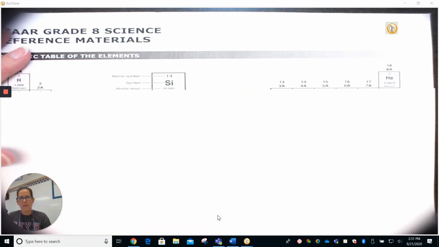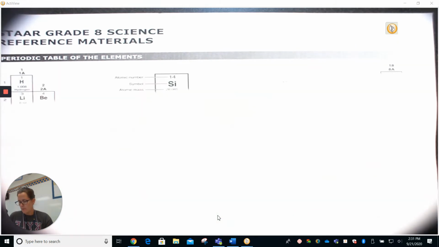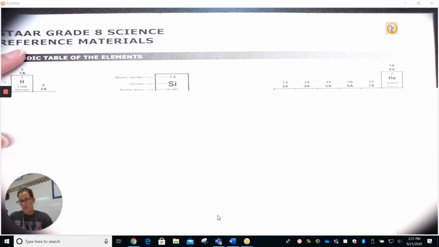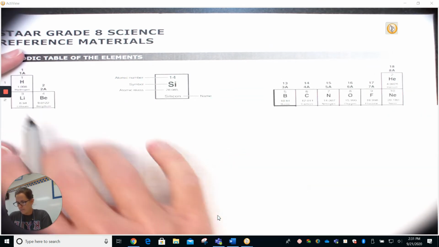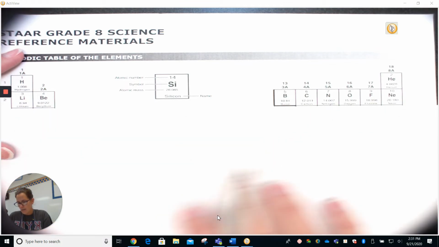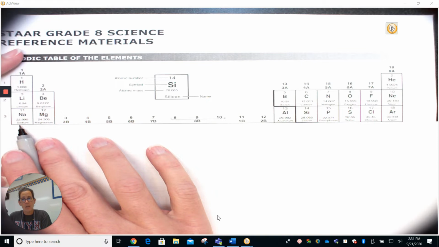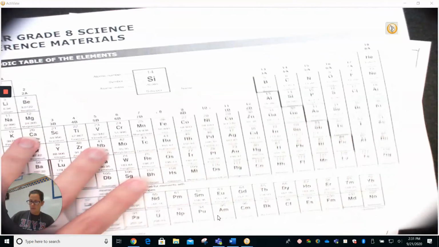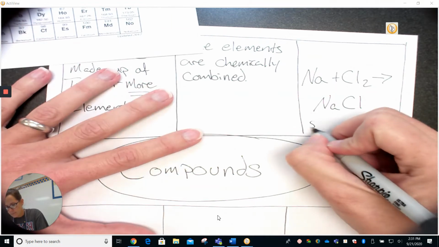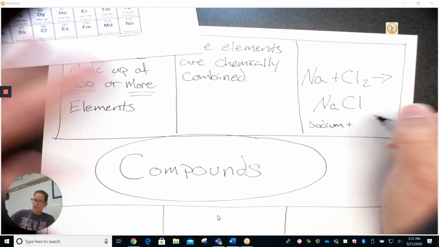You remember yesterday how we found the elements on this periodic table? So you get your table and try to have a piece of paper that'll help you guide your way across there. So let's look up the first one, Na. So it's not there. It's not there. Oh, there it is right there. We've got sodium. So Na is sodium. So I'll write sodium down here. It's sodium, and